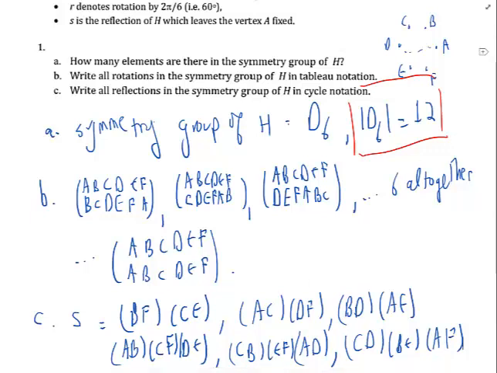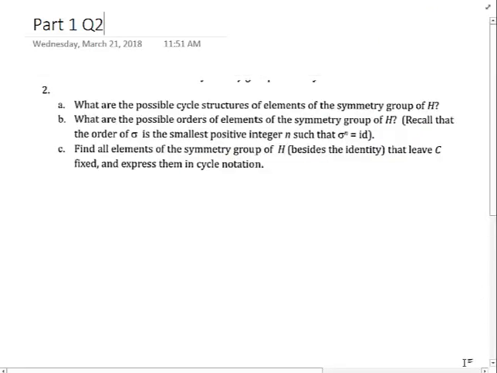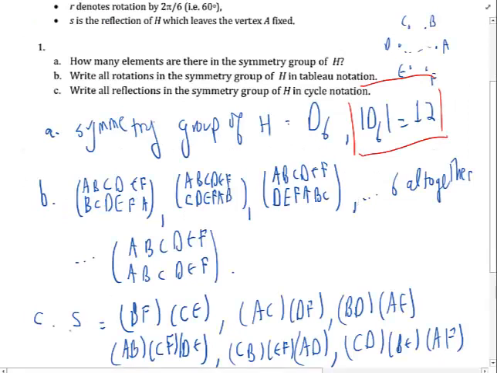All right, let's go on to question 2. Question 2 says, what are the possible cycle structures of elements of the symmetry group of H? Okay, now we have 12 elements, and we need to look at the cycle structures. So for part A, if we just look at the flips or reflections, we see from part 1 either product of 2 cycles, or product of 3 2 cycles,